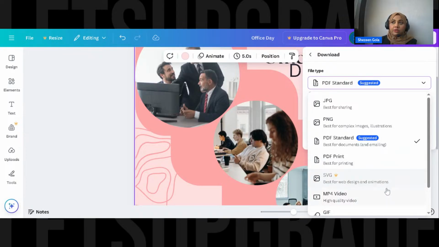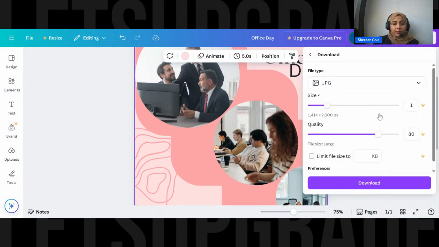So if you're getting a big size printed, more than an A4 or normal printout, it's going to be really pixelated. But if you want a 3 by 3, 4 by 4, or small gift cards, it's fine for that.